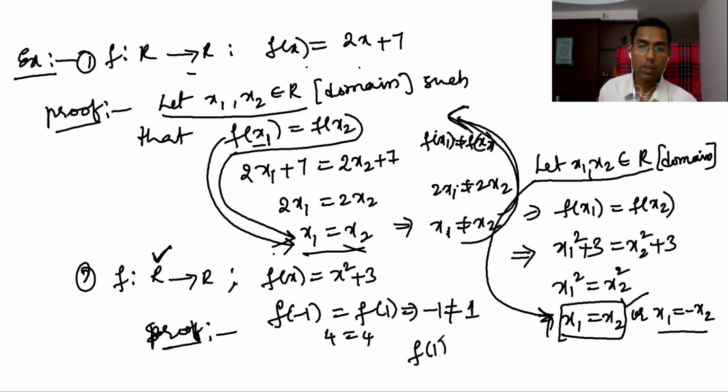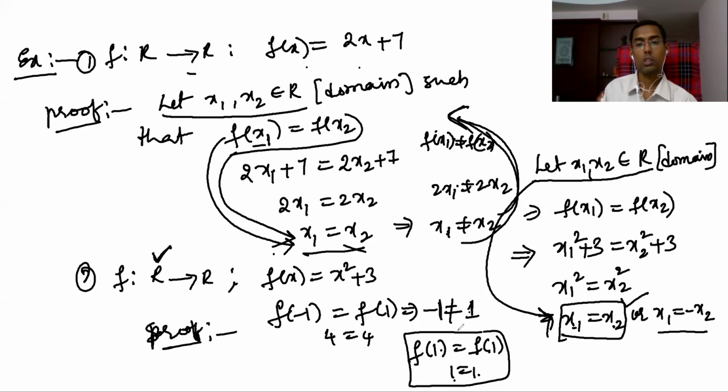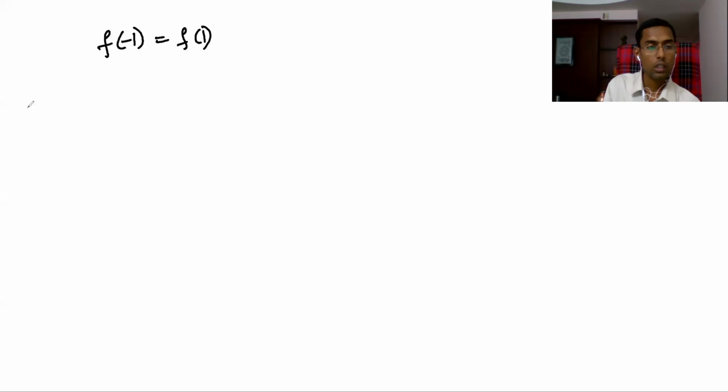Two things are there. f of 1 equal to f of 1, if I take 1 equal to 1, you get, this is x1, this is x2. Okay, f of 1 equal to 1 you are getting. But if you take f of minus 1 equal to f of 1 also you can take. See, both the images are equal. Then elements should be equal. Elements are not equal because 1 is not equal to minus 1. So finally, what is the conclusion?